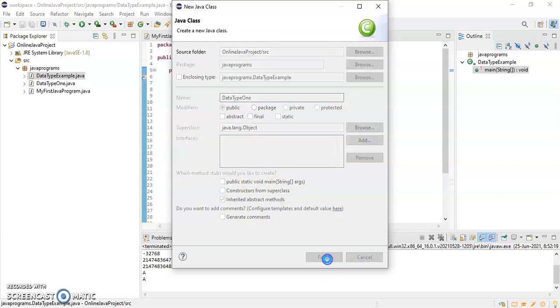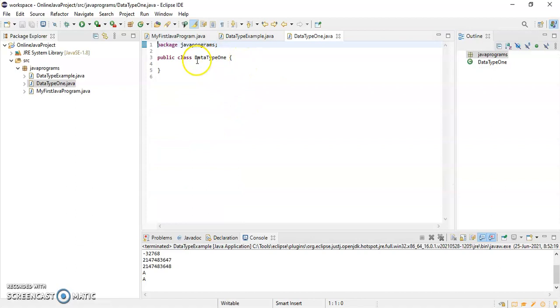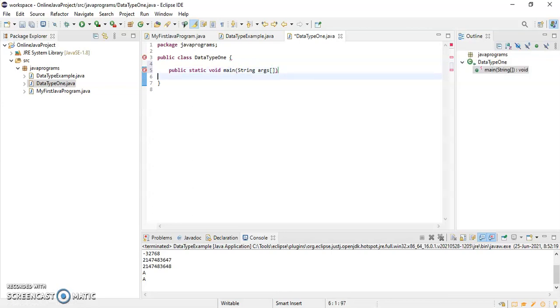Okay, for example, I am creating one variable. Suppose I am writing public static void main string of arguments. Okay, so this is my main method.